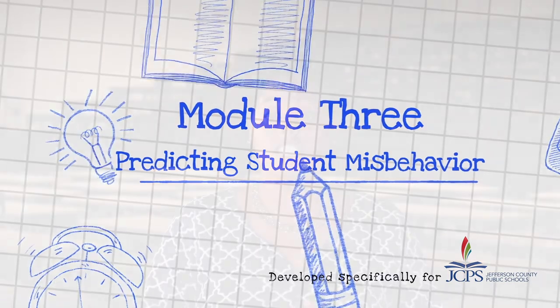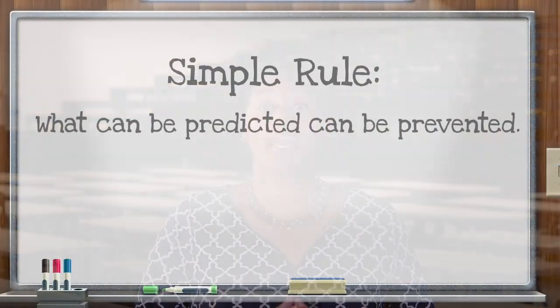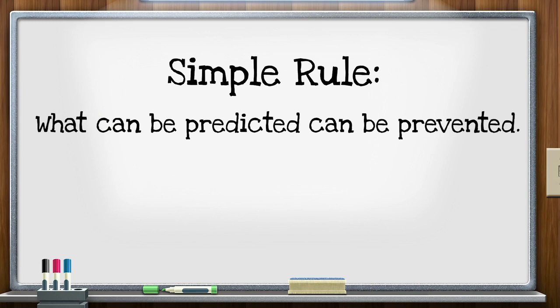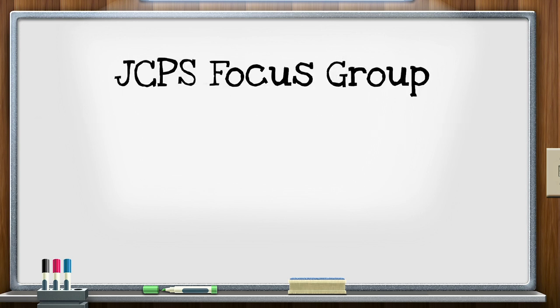Module 3, the discussion turns toward predicting problem behavior. As a simple rule, what can be predicted can be prevented, and that's the purpose of actions undertaken in this step. You could predict a misbehavior, you could plan for it. That's the best answer I can probably give you right now, is the planning process of how, okay, I know this XYZ might happen, but this is what I'm gonna do to front load that beneath the line type